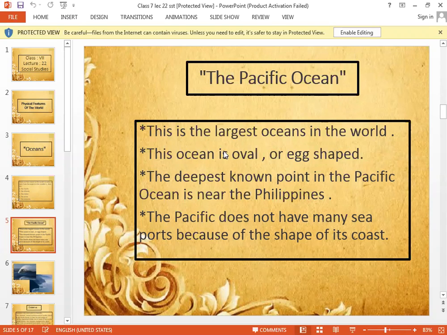The reality is that the ocean is in the eastern coast of Asia, and Australia is washed by the western coast of North America, and South America touches the Pacific Ocean on the other side, which is the east of the ocean. So the Arctic lies in its north and the Antarctic Ocean is in its south. And as I told you, the Pacific does not have many seaports, and the deepest known point of the Pacific